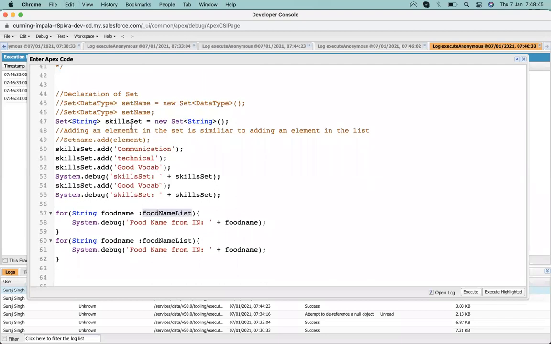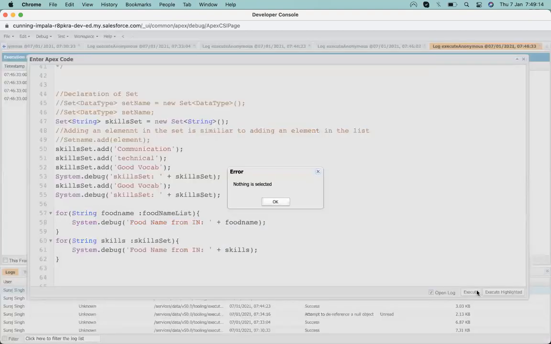If I change it to skill set, you can see that both are working in the same way. Whether it's the list name or the set name, it's no issue, any operation on a list or a set works the same way. Let me execute.